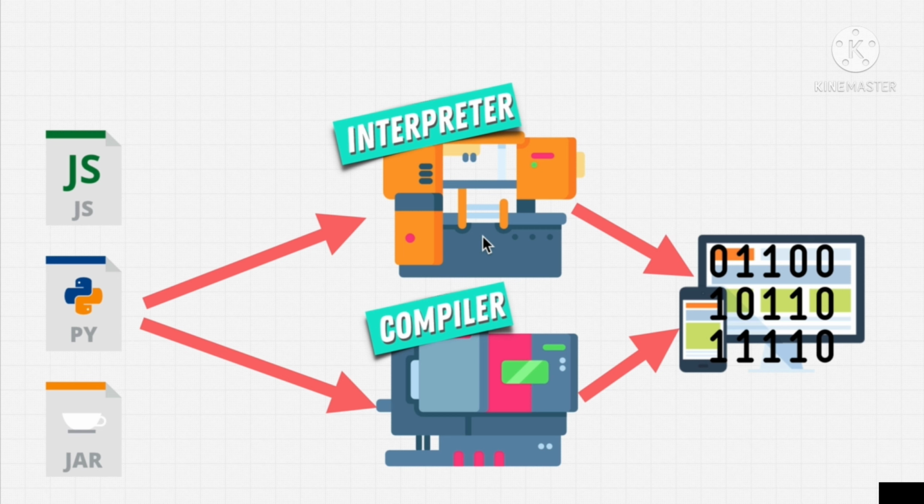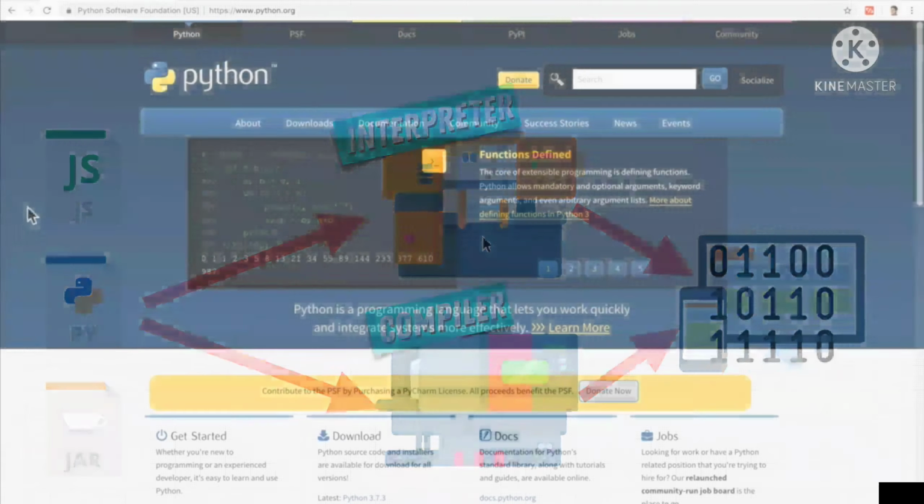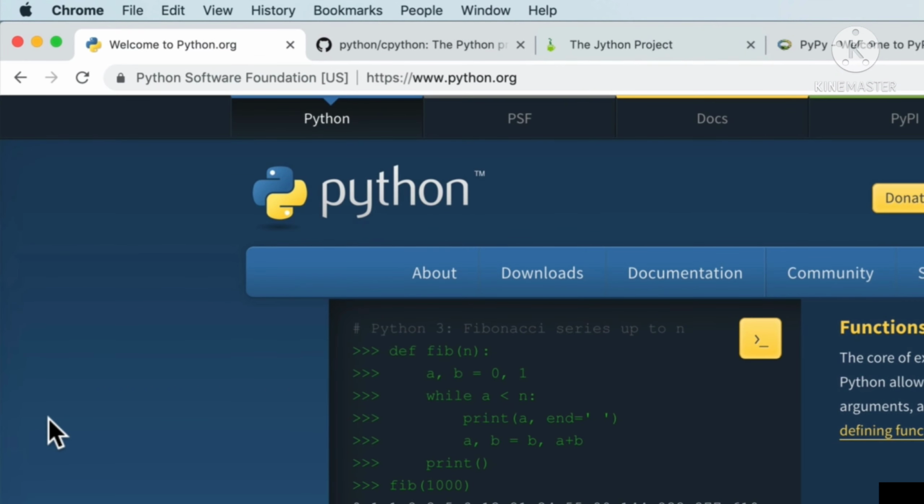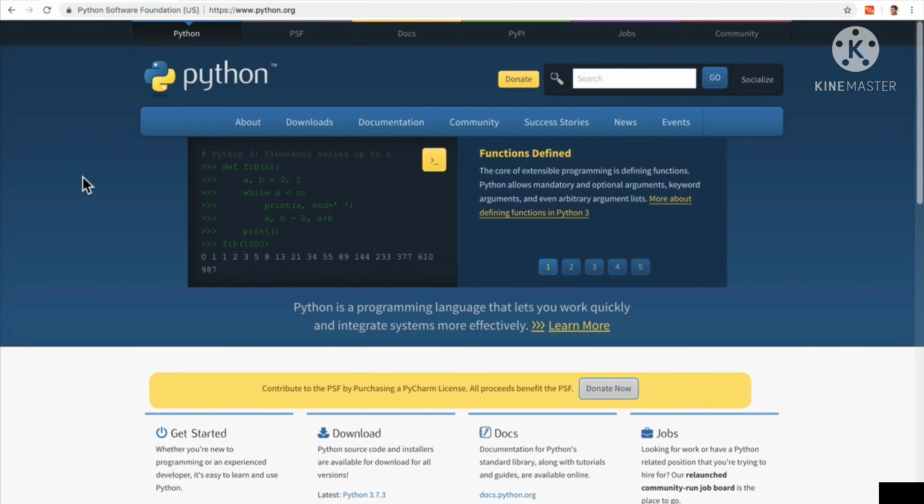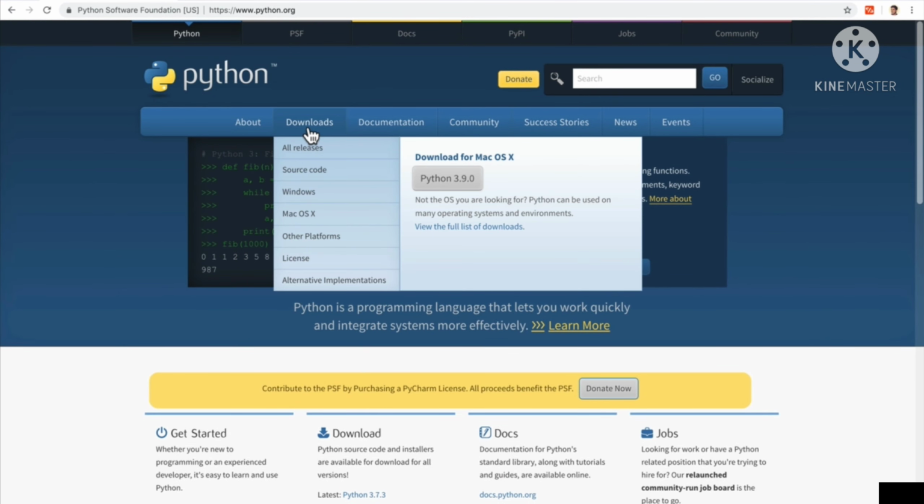How can we get these? Well, we download them. And here we download Python from the Python Software Foundation, from python.org. Now, before we download Python, we're going to wait a little bit. Because in this course, I want you to understand why we're doing things, not just follow my tutorials, follow my videos, and not understand the meaning and the fundamentals behind why we're doing things. You should be able to teach what you're going to learn.